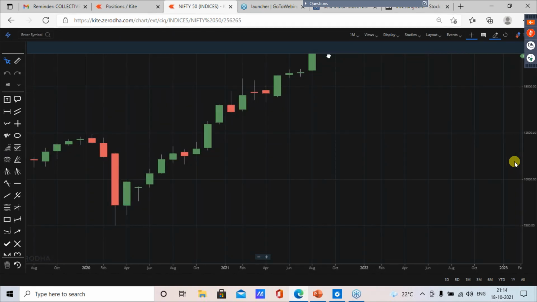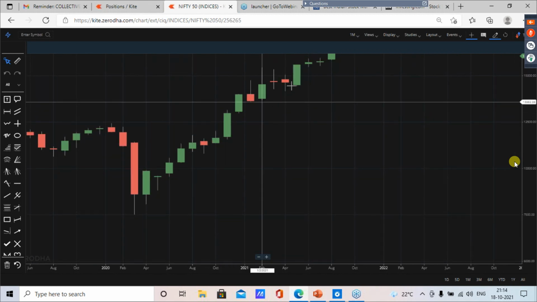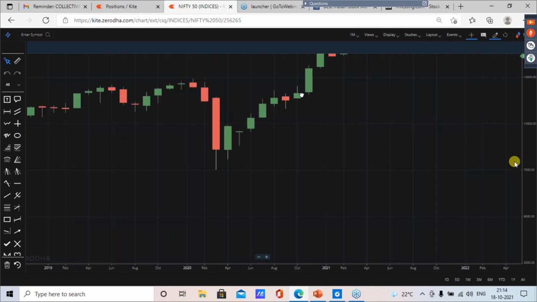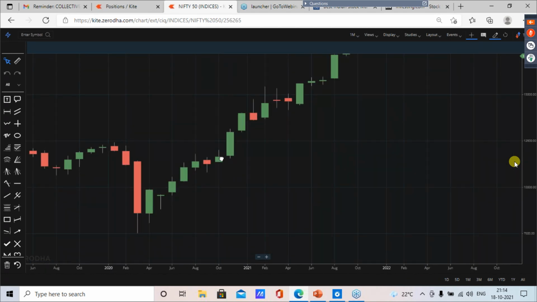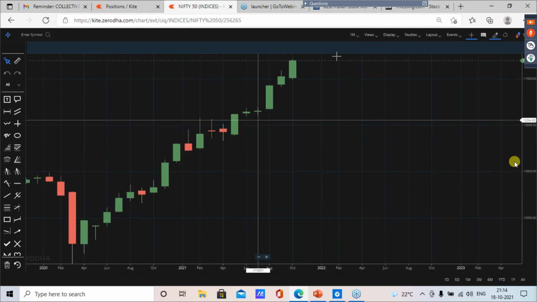Okay, likewise, we had many Marubozus earlier. So we can consider this as a Marubozu. We can consider this as a Marubozu also, because we don't get textbook examples for this. Even if we have a small wick at the bottom or the top, we can consider them as Marubozu.